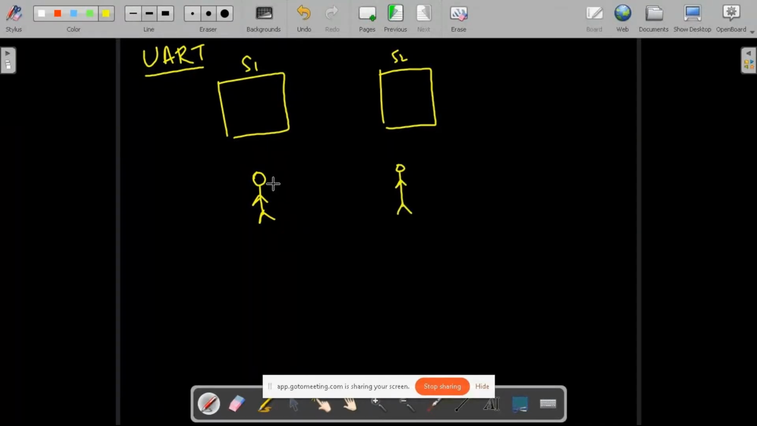If one person is talking, the other person has to listen. He has to make use of his ears, and he has to listen to him. And if this person starts to talk, this person has to listen. Now in a similar way, thinking of that concept, under UART they have connected RX